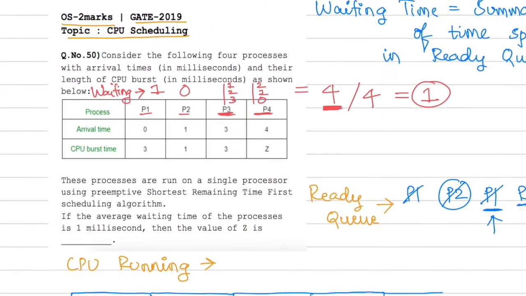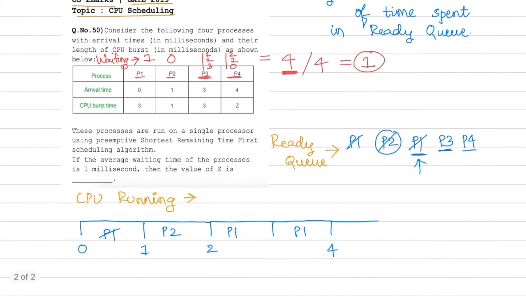Okay, now let's come back to our CPU. If you notice, P3 has arrived at the 3rd second, and we are already at the 4th second. So P3 has waited for 1 second already. So why not try and keep P3 waiting for another 2 seconds. Let P3 wait for another 2 seconds and let P4 get scheduled. Anyway, P4 has arrived at the 4th second. Let us schedule P4 right away at the 4th second.